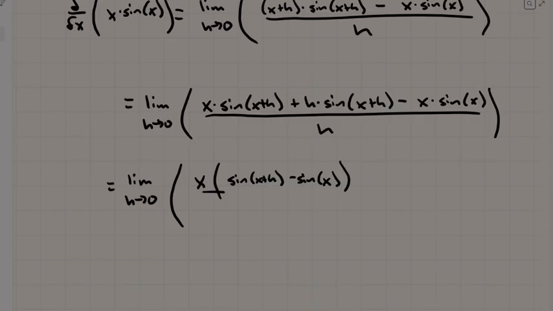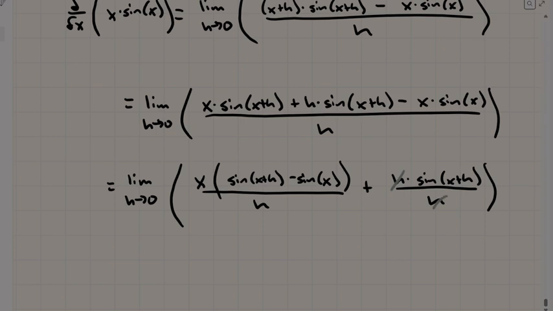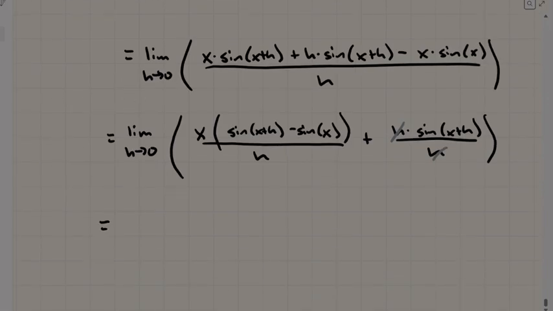And then that is going to be divided by h. And then we also have this other term, h times the sine of x plus h over h. All right, well, that's good. That one cancels. That actually means then we can go ahead and evaluate this limit. So now's a good time to split it into two separate limits. We got the limit as h approaches 0 of